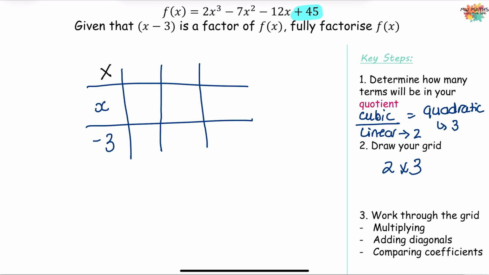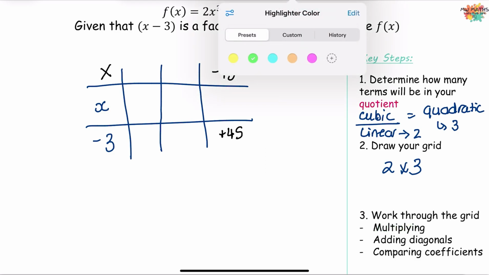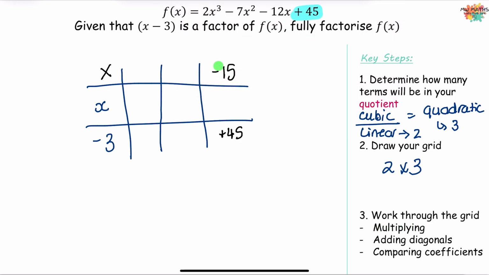So I know when I multiply the numbers together, that's -3 and whatever number's sitting up there, the answer would be a +45. Then I think to myself, okay, what do I need to multiply -3 by to get that +45? Well, that's got to be a -15. So awesome, that's a -15 in that quadratic that I need to produce. So I've got that bit. Right, now that I've figured out that a -15 lives here, I can multiply that with my x to get me a